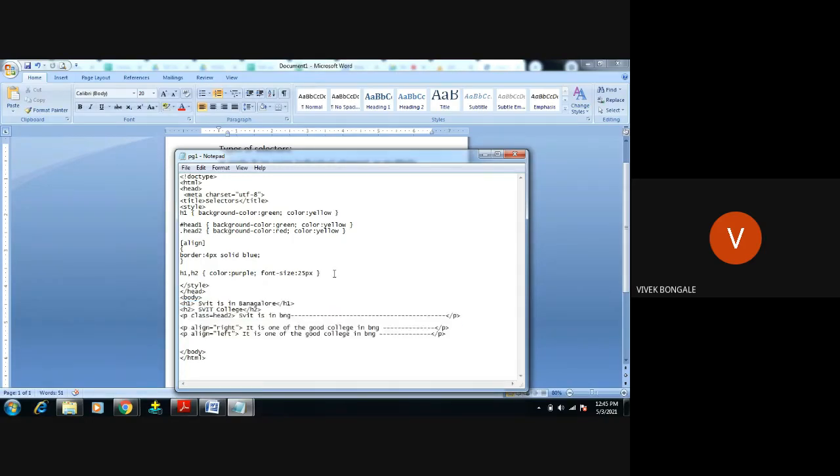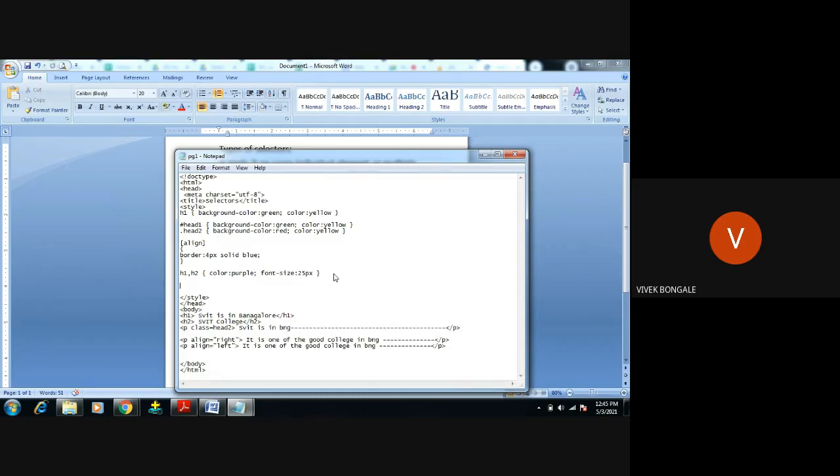So for that you have to use the asterisk symbol. The asterisk symbol indicates universal. For all the document, whatever data we have given under body, all should follow the same CSS rule. What I will do, I'll open and give the CSS rule, what I want to achieve there.